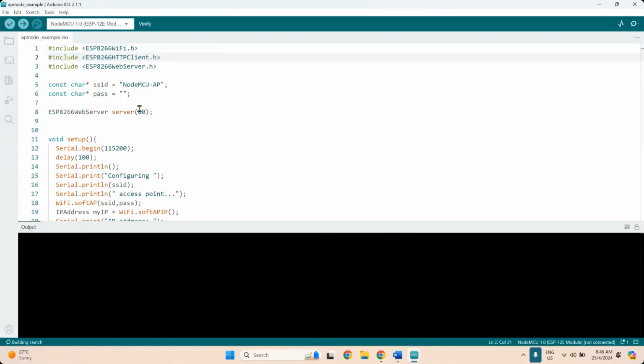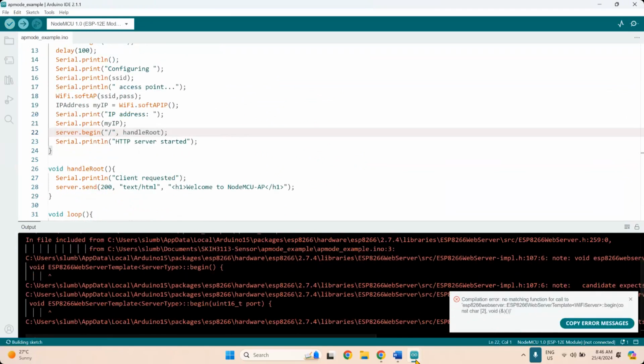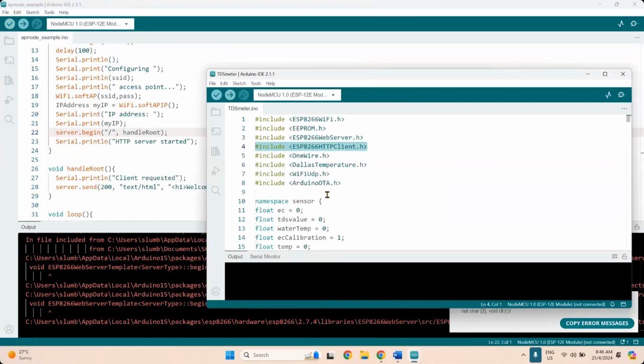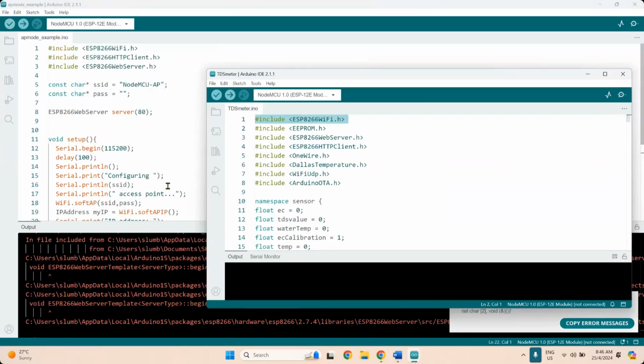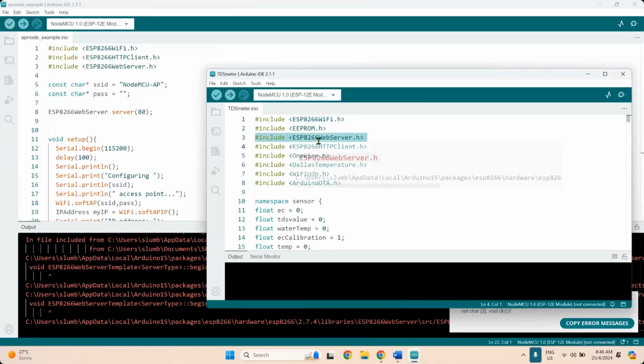Let me check one more thing. WiFi, this is correct. ESP WiFi, ESPWebServer.h, ESPClient.h. The rest is no problem. I just want to use this one and this one.